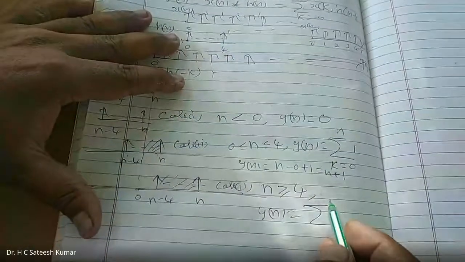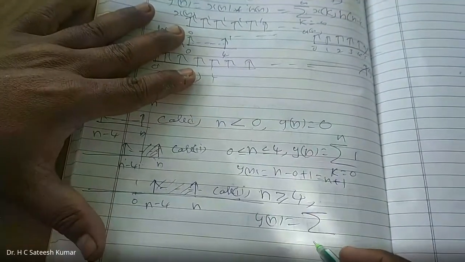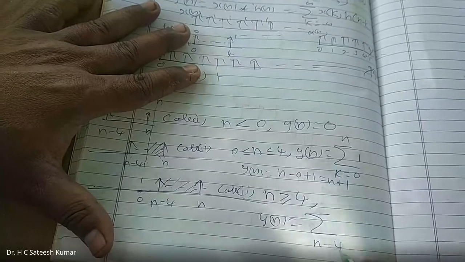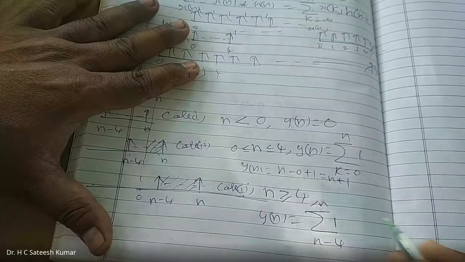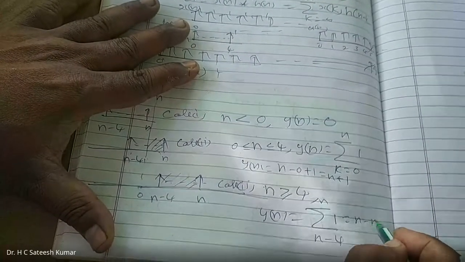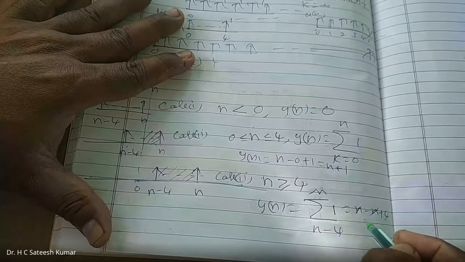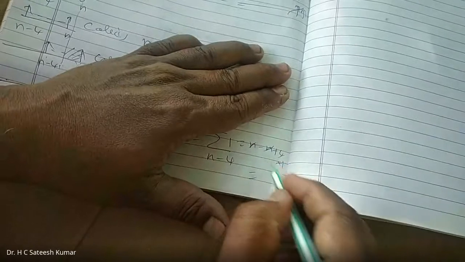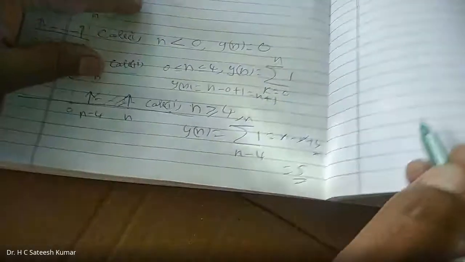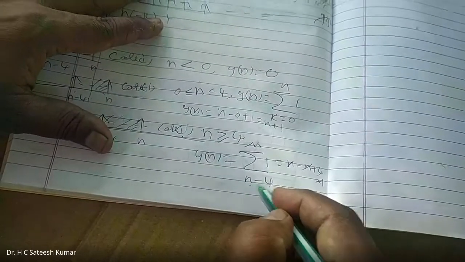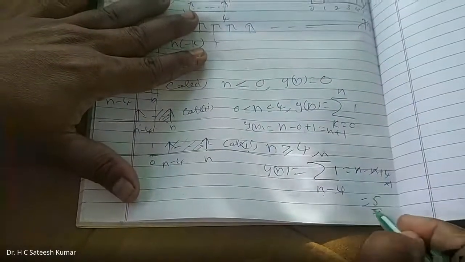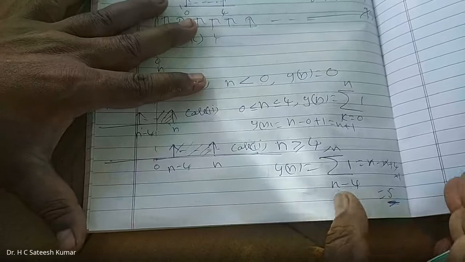Shall we check it out? And it is constant, we said. Now it will become constant only. So therefore, all the elements from where to where? N minus 4 to n of 1, which is equal to n minus n plus 4 plus 1, that is b minus a plus 1, which is equal to 5. Answer is 5. As we predicted, it is 5 only.